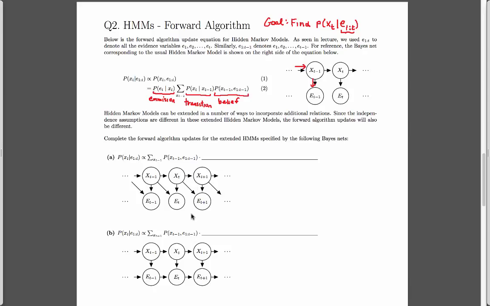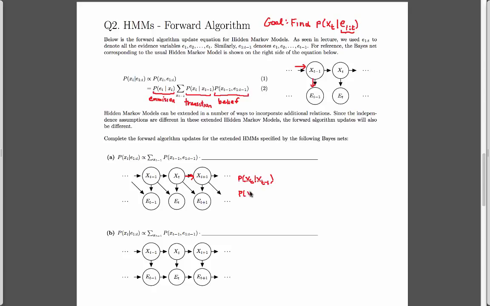So in part A, we have this new Bayes-net, and in this Bayes-net we can just tell from the very beginning that we have the same transition probability distribution as before, which is going to be the probability of x_t given x_{t-1}, and that's given by this arrow right here. However, our emission model has changed. So instead of having just the probability of e_t given x_t,